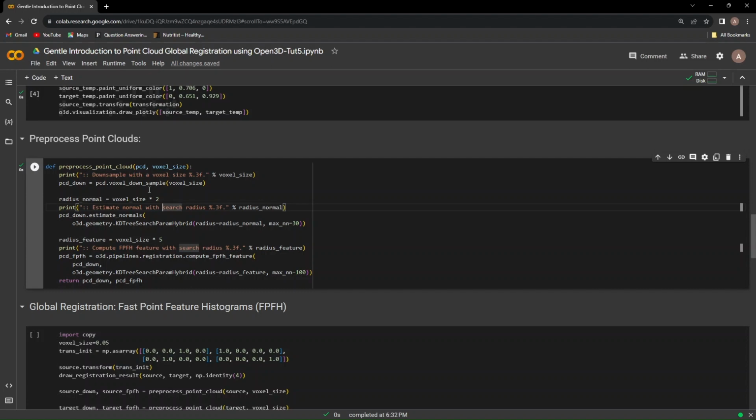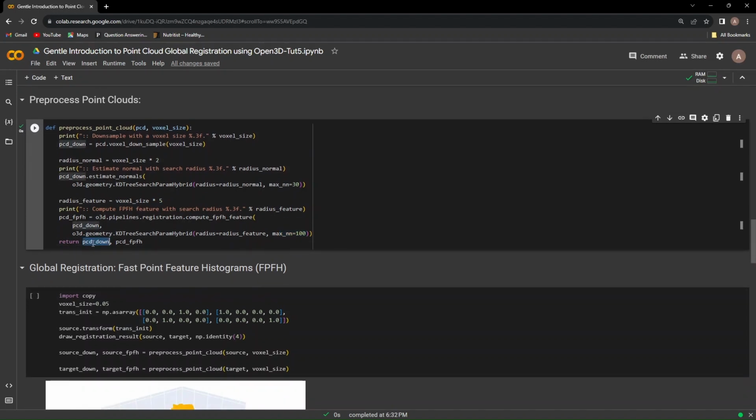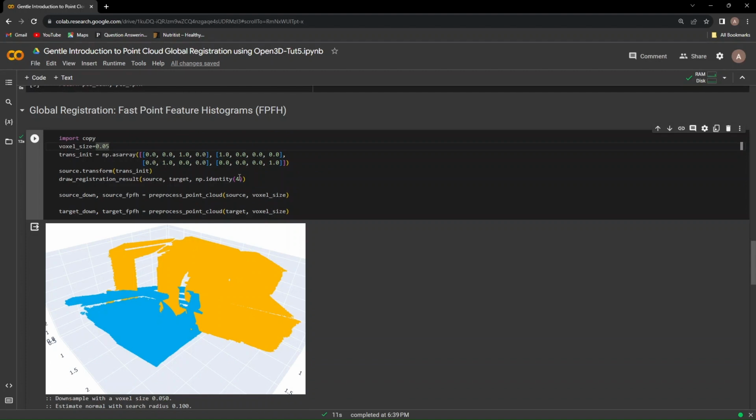And finally, we will be applying the FPFH feature with a search radius of 5 times the voxel size, and maximum nearest neighbors of 100. Basically, this function will return the downsampled point cloud and the FPFH, which is the fingerprints of all the points of the downsampled point cloud. So let's look at what we have so far